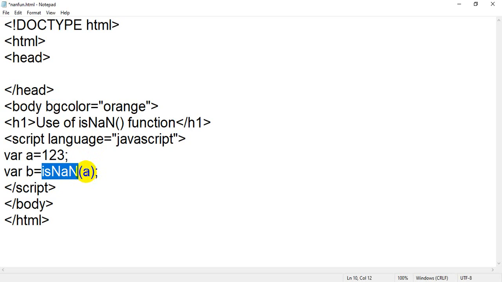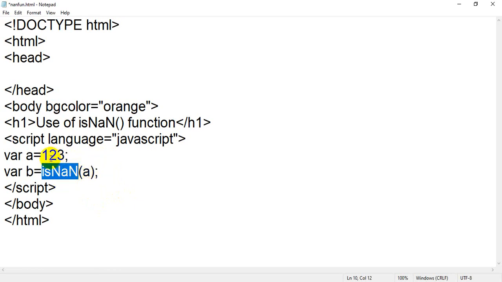The result will be boolean. Boolean means either it will be true or it will be false. isNaN means is not a number. If it is a number, it will give a false result, and if it is not a number, it will give a true result.